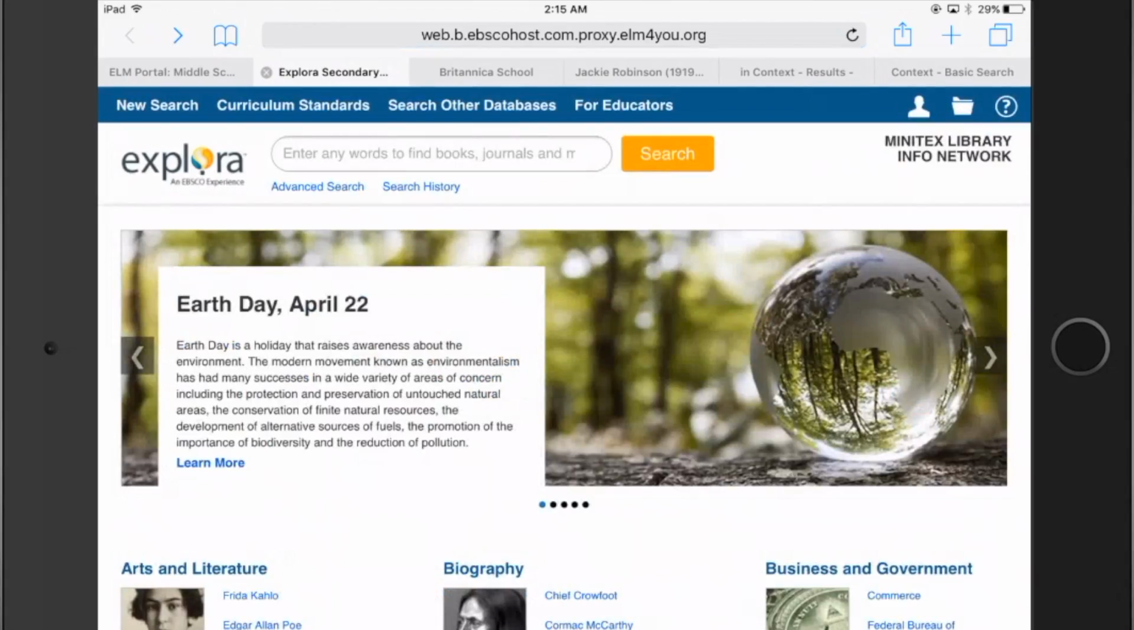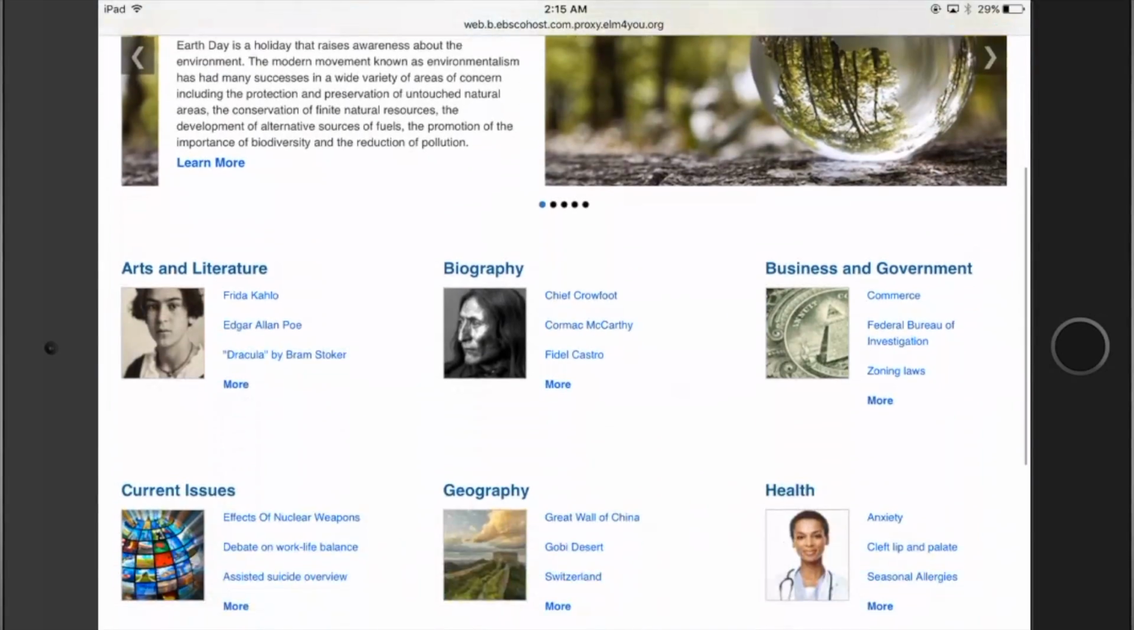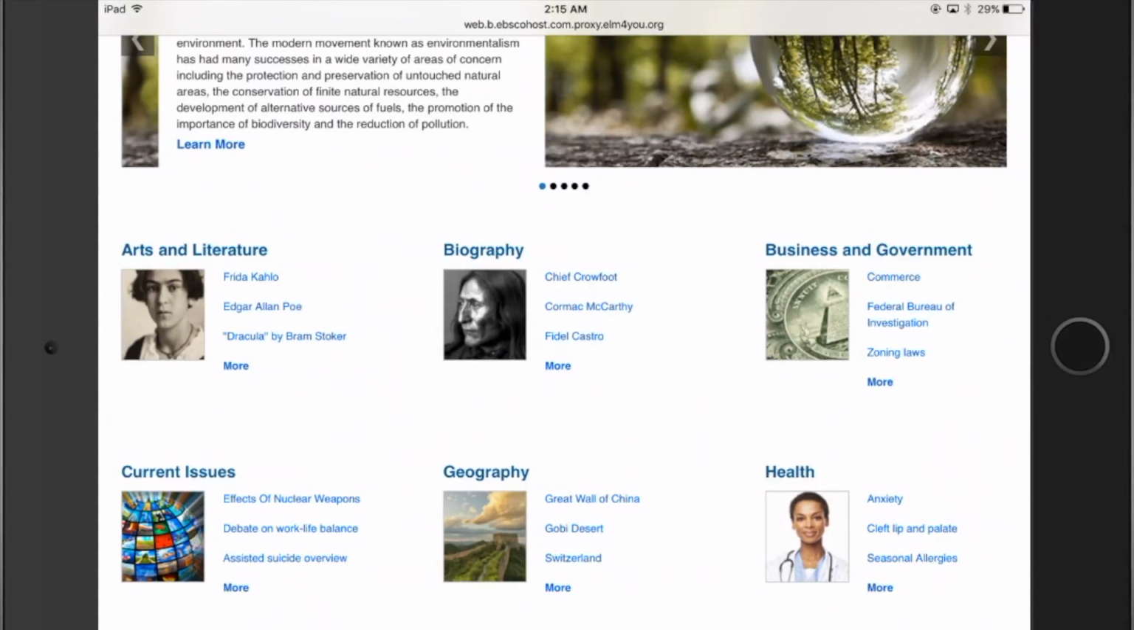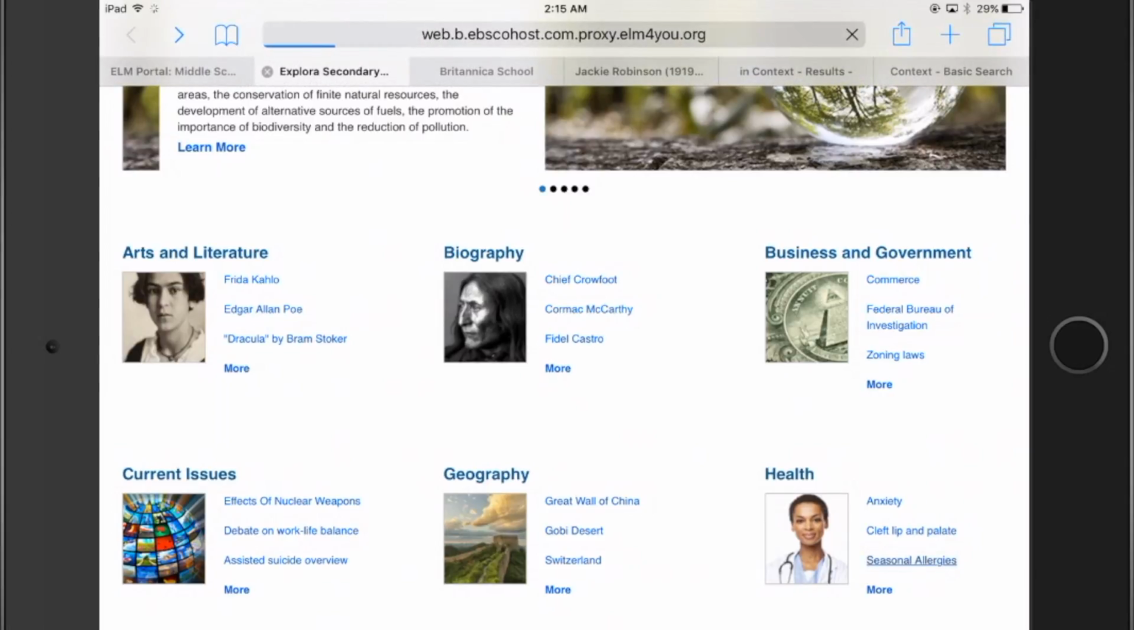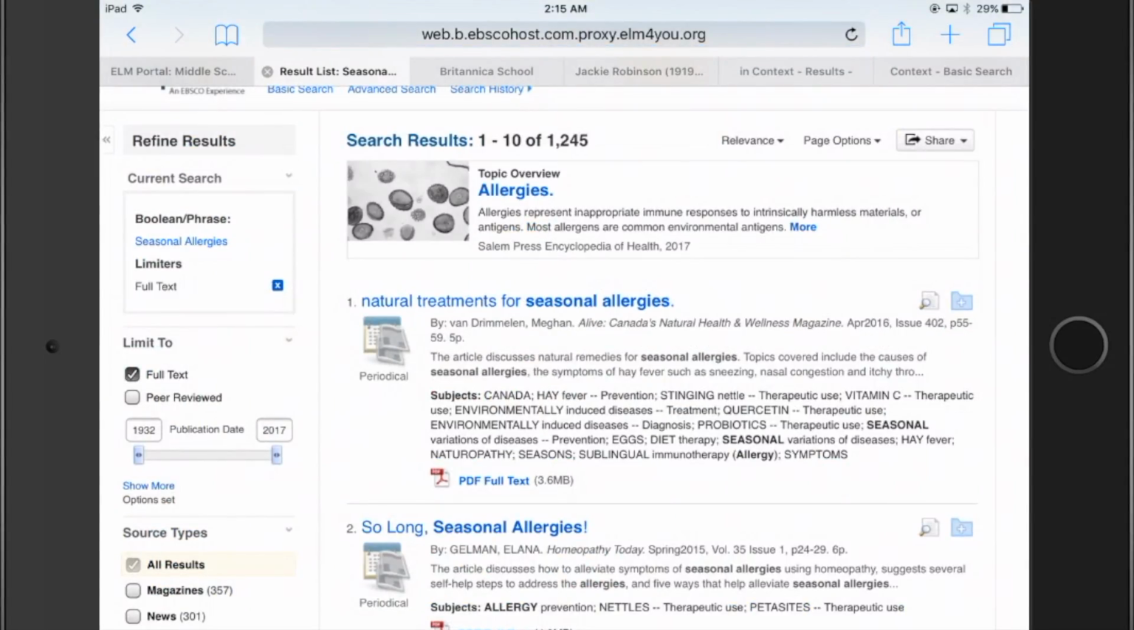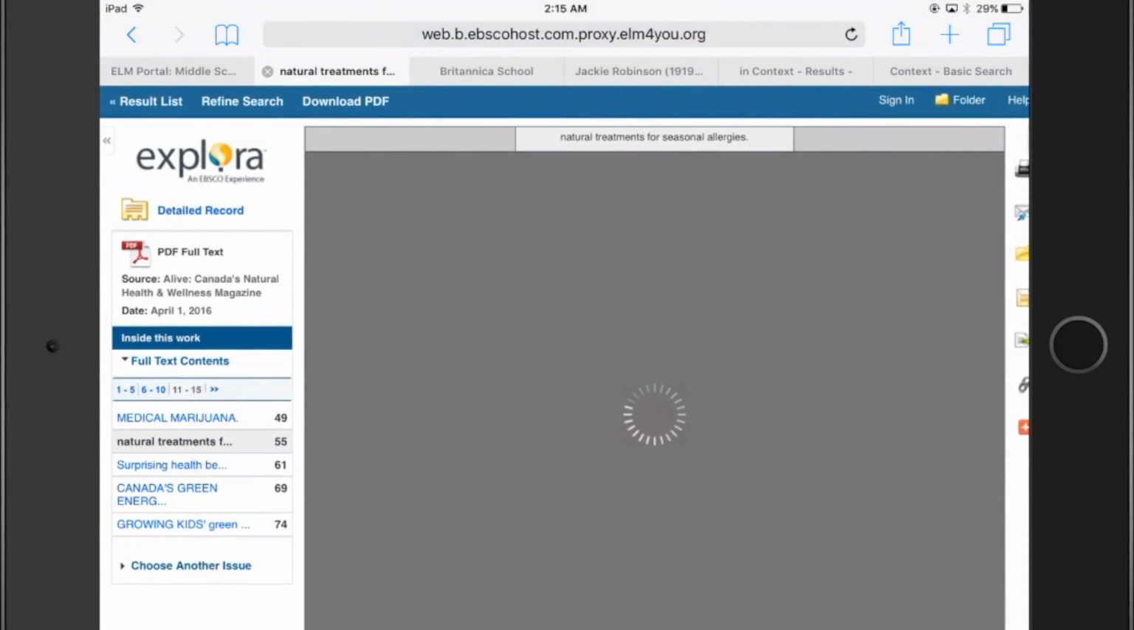Okay, Explora Teens. Let's get back to that main page. It's talking about Earth Day. Another thing it does is break it down for you. You can see it's broken down into arts and literature, biography, business and government, health, geography, current issues, all sorts of things. Seasonal allergies. I have really bad allergies and I'm feeling them, so I'm going to tap on that. Let's look at natural treatment. Here we go. And over on the right again,